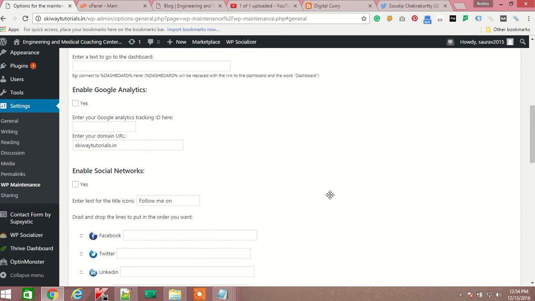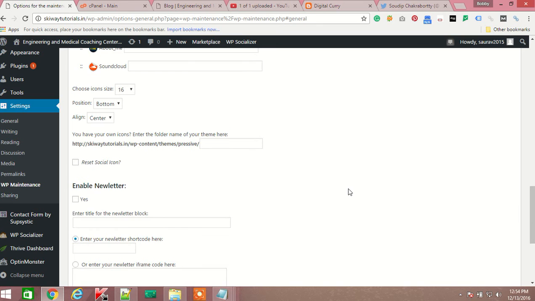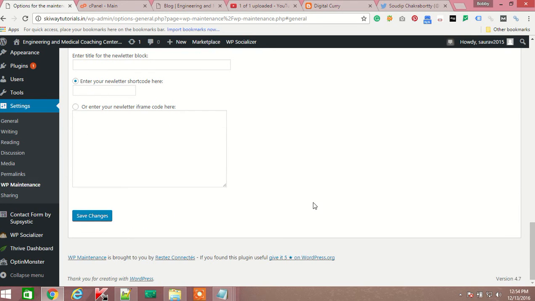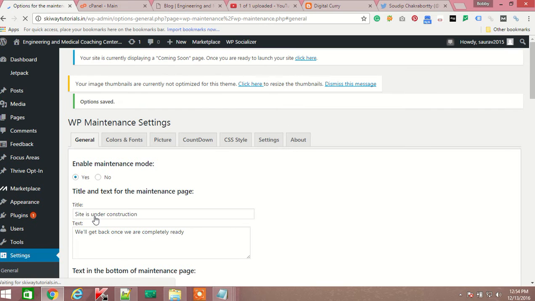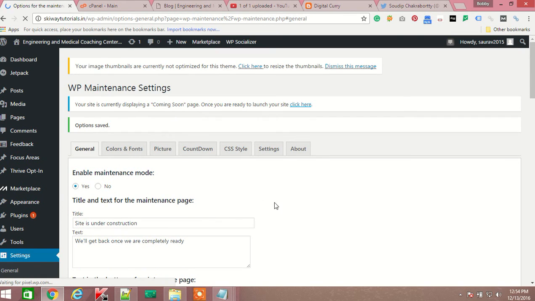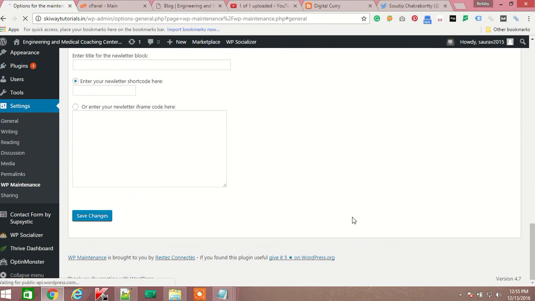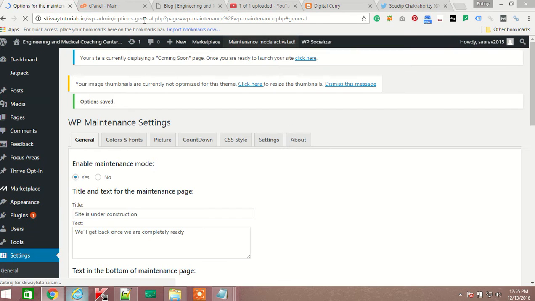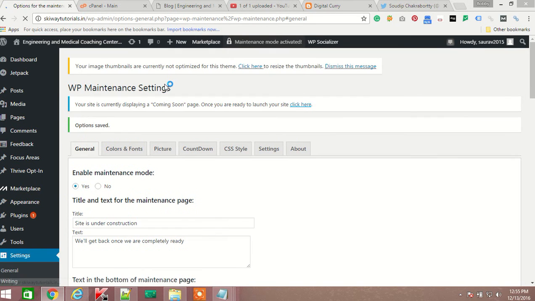Nothing more to add here. Enable, and then save changes. You can customize more, but my intention is only to show you how to enable those pages. Options saved. I think it has been saved now. I once again save the changes and try to log in to my site